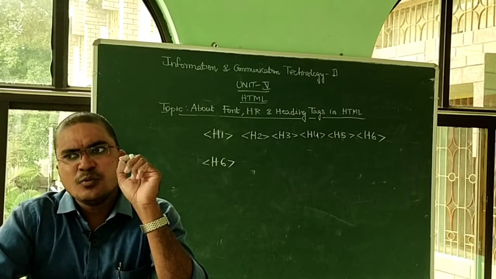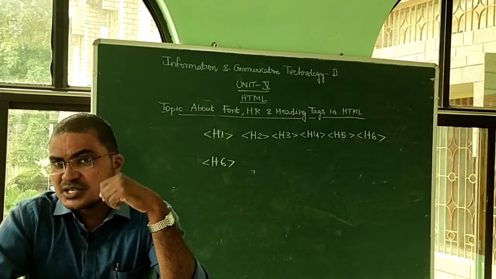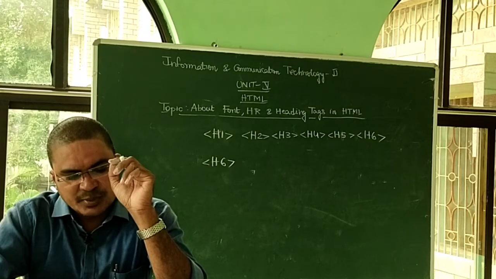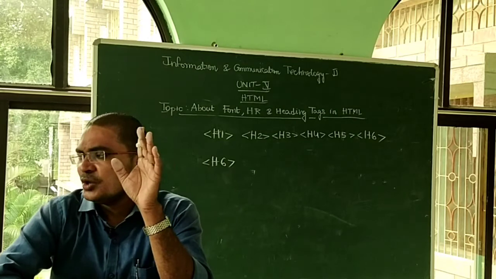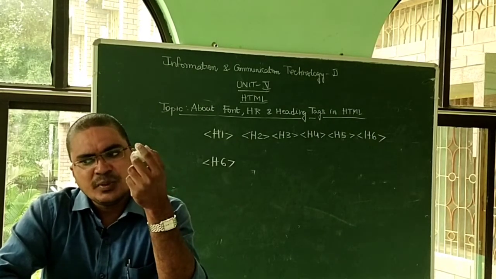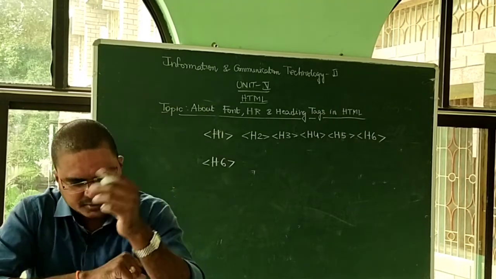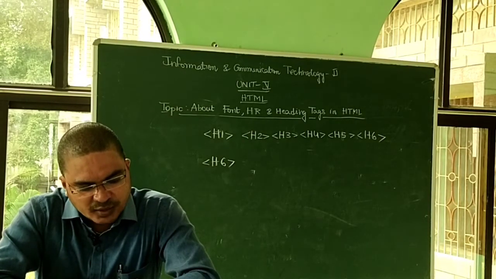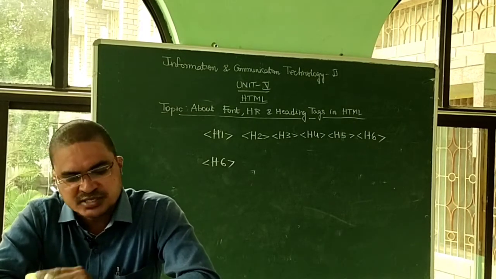Generally if you want to make the text bold, we use the bold style. But if you use H1, the text always appears in boldface, and the size of the heading depends on the level, that is H1 to H6. For example, if you want to prepare a chapter heading, I prefer H1. If you want to prepare a paragraph heading, H4, H3, whatever it may be. All these are dependent elements where a corresponding closing tag is compulsory. If you open, closing is needed.